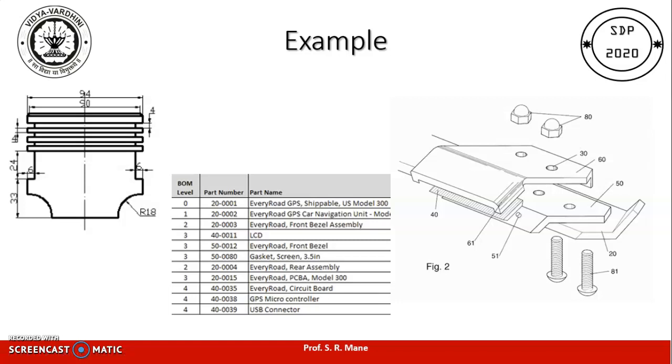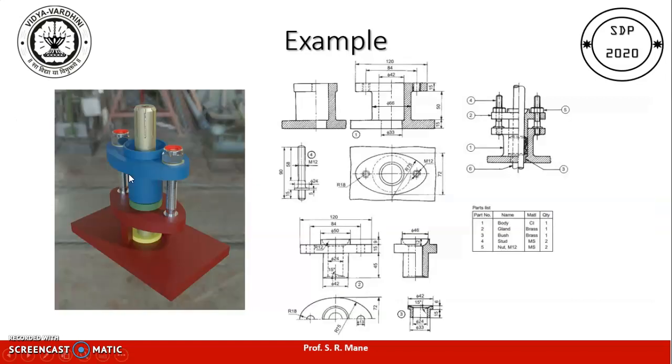Let us take another example. This is an example of a bearing, with a detailed drawing of the bearing, and this is the assembly. You can see that one is noticed over here. The detailed part is drawn over here by giving the annotation as 1.